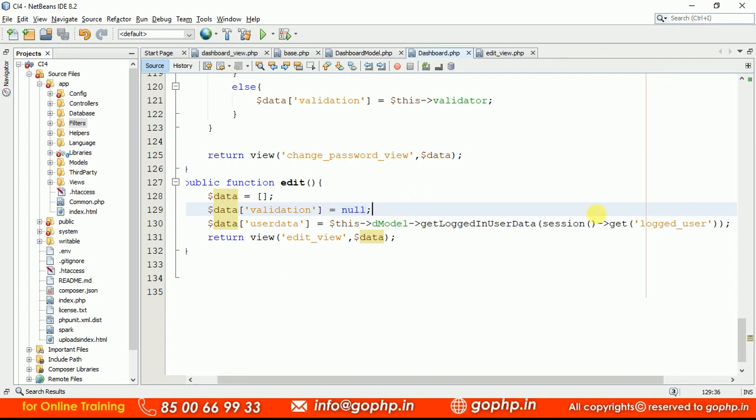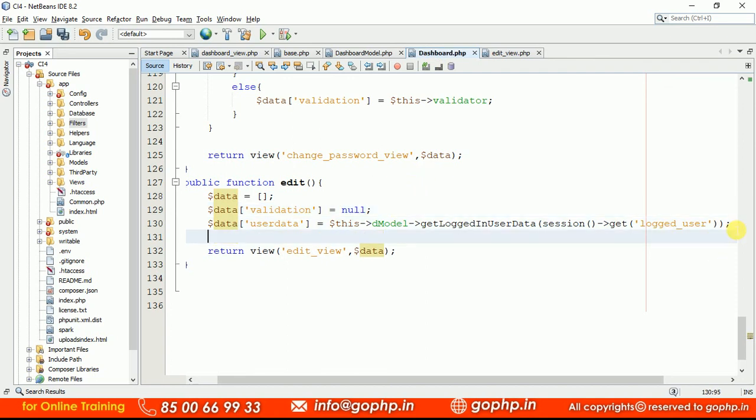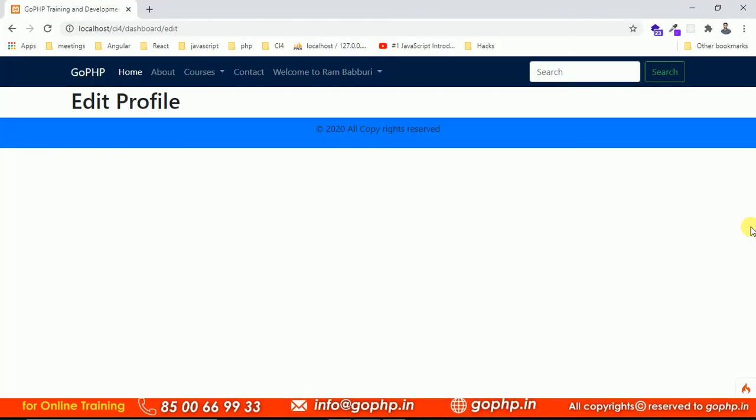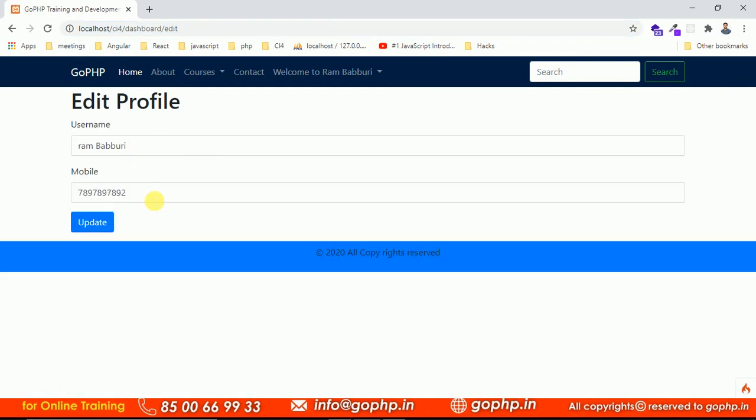Once you submit it, yes, now we have to submit the form, right? And we have to display the values also. Can you see? Now the form is going to display the values, guys. Just refresh the page now. Can you see? Yeah, the form is displaying the values. So whoever logged in, their information is going to be displayed. If somebody logged in, yes, that person's information is going to be displayed here.